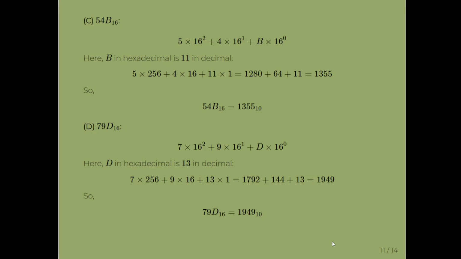So 54B is 1,355. And finally, 79D, starting from the right hand side once again, we start off with D. That is D times 16 to the power of 0, and D in hexadecimal is 13 in decimal, so that's just 13. 9 times 16 to the power of 1, that is 144. And 7 times 16 squared is 7 times 256, which is 1,792. So piecing it all together, add them all up, we get 1,949. So 79D equals